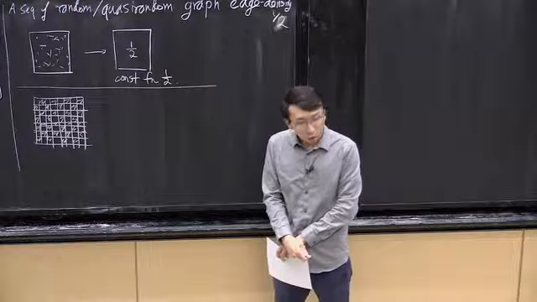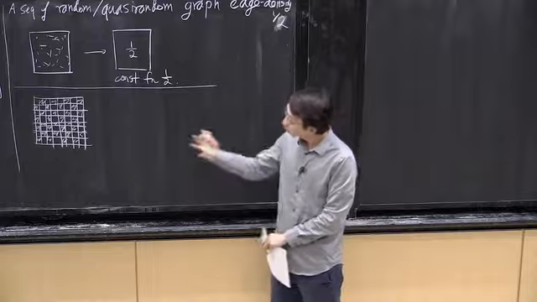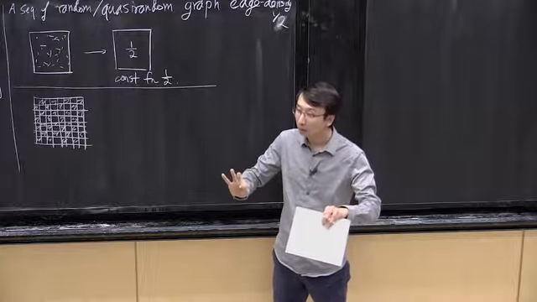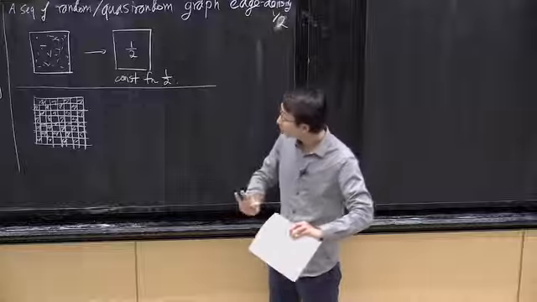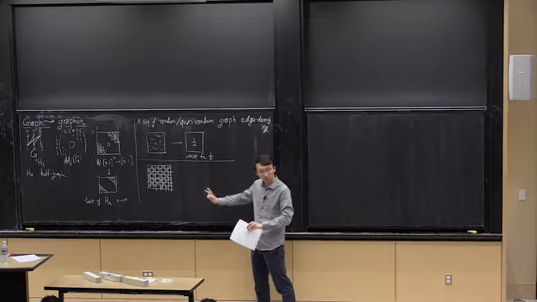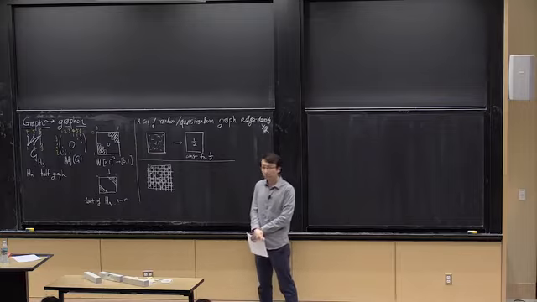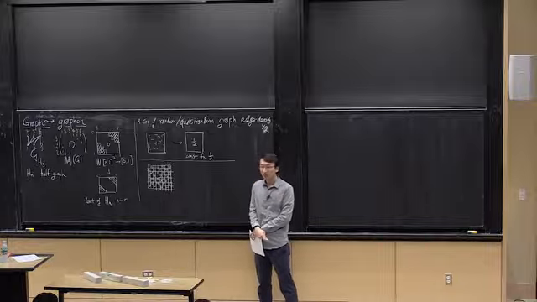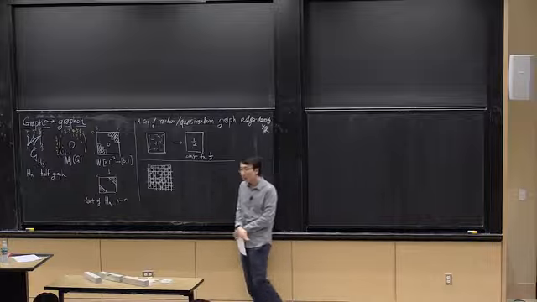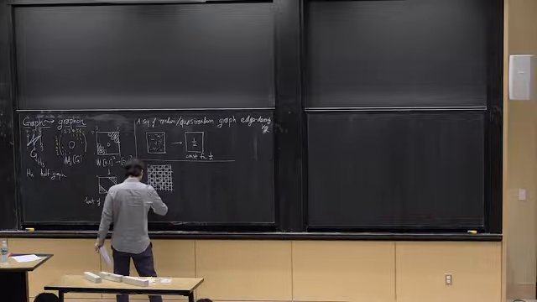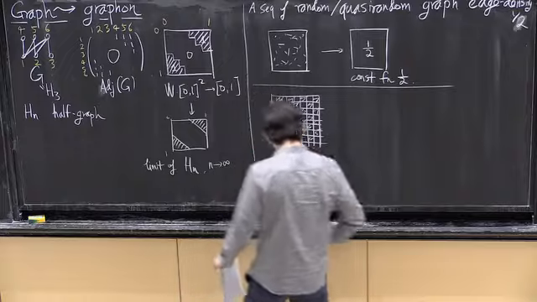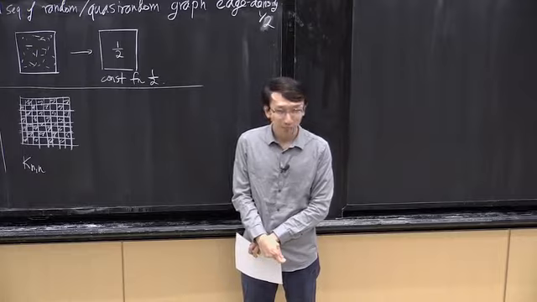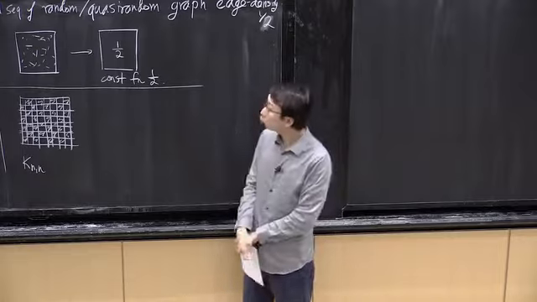Well, by the story I just told you, you might think that if you zoom out, everything looks like density 1/2. And so you might guess that the image, the limit, is the 1/2 constant. But what is this graph? It's a complete bipartite graph between the odd and even rows.